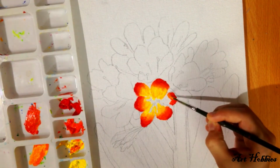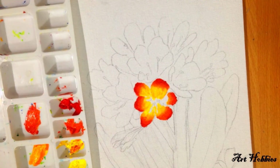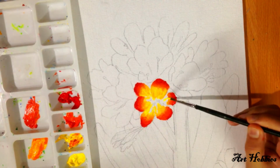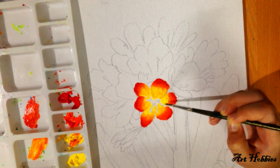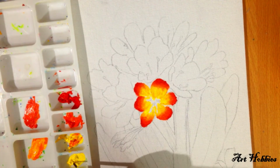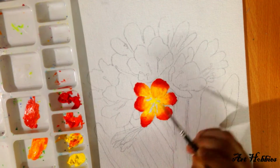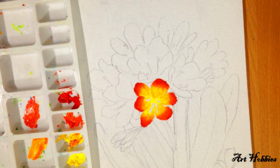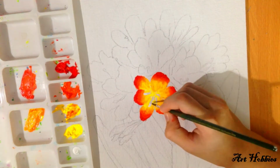I'm gonna explain the rules of the flowers again. First, you have to paint scarlet on the tips of the petals, and then for the second layer, you have to mix some orange 17 into your scarlet to get a little lighter shade. And then you have to paint the orange 17 directly, and then you have to mix some lemon yellow into your orange 17, and then you